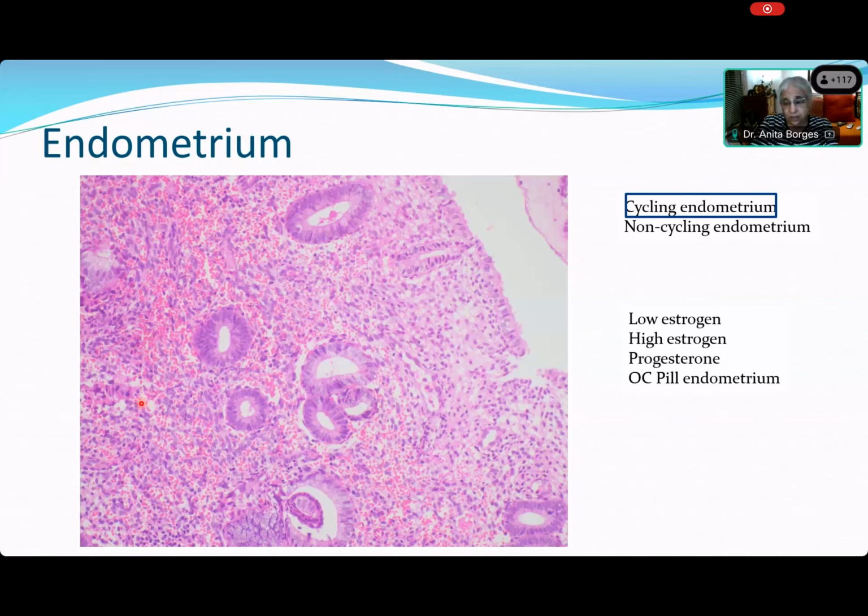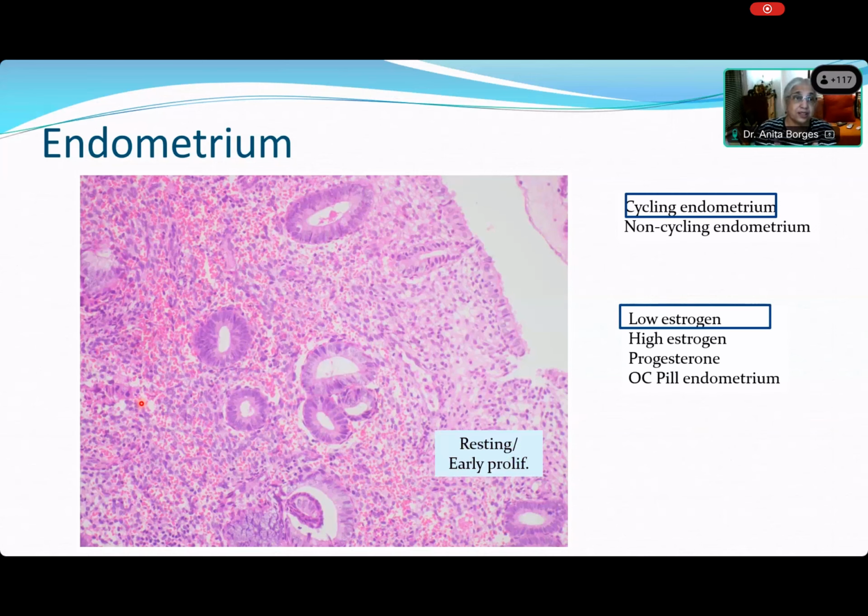So if you have few glands and a lot of stroma, it cannot be progesterone, number one. It cannot be high estrogen, number two, because if there was high estrogen in this, there would be lots of glands, right? So you're left with either low estrogen or an OC pill endometrium. It could be an OC pill endometrium, but I know for one thing for certain, that there isn't a hell of a lot of estrogen in this. So this is a resting early proliferative endometrium. This is not what an OC pill endometrium looks like, because in an OC pill endometrium, both estrogen and progesterone are in the system together.